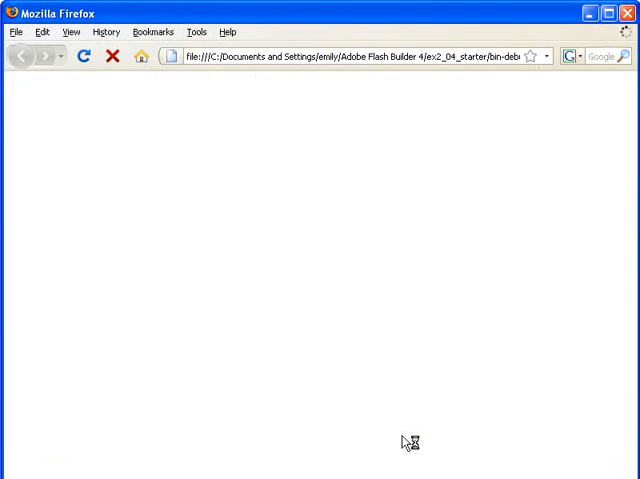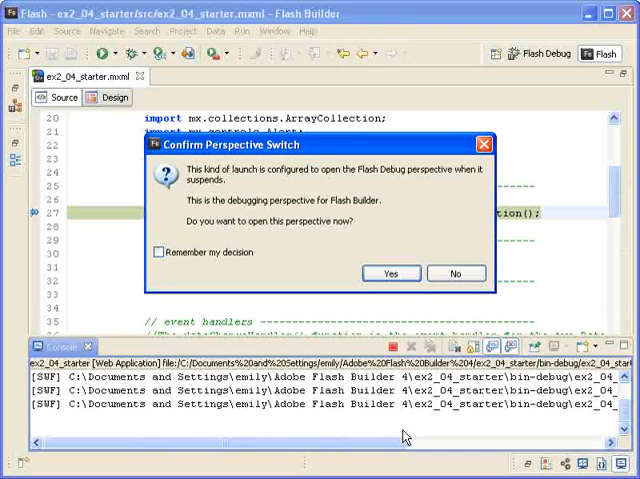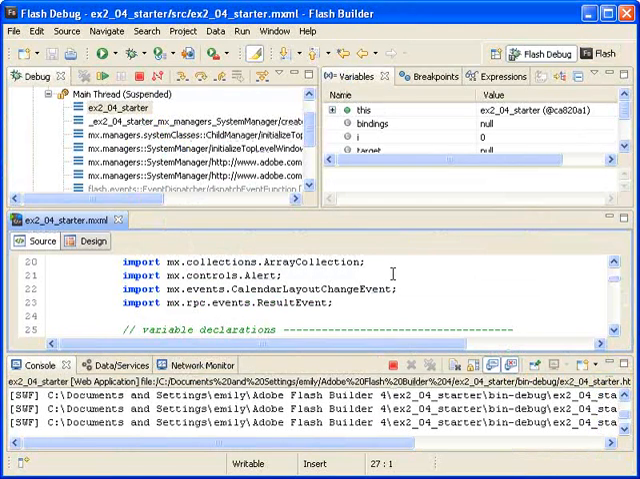The browser opens fairly quickly because the first breakpoint is hit right away. I am switching to the debug perspective when prompted, but before I look at the event object in the Variables tab, I